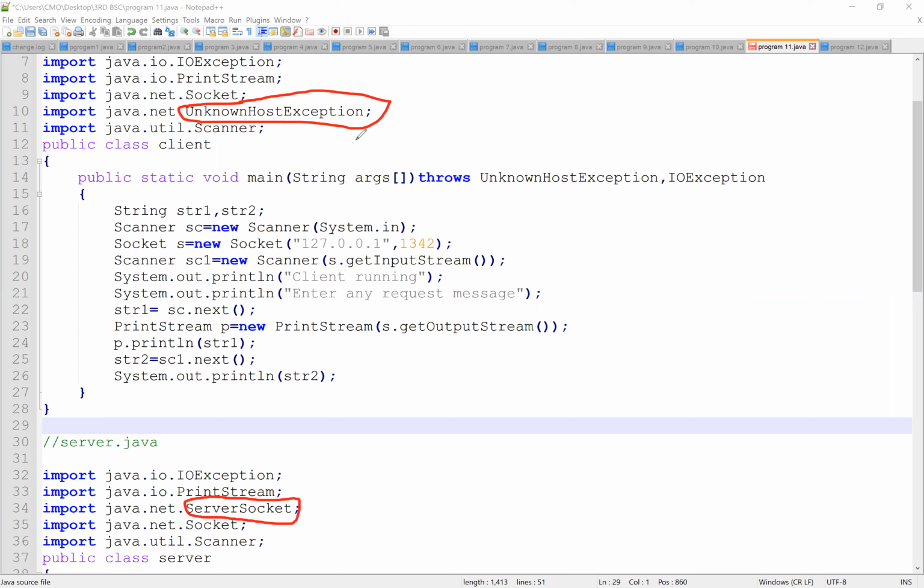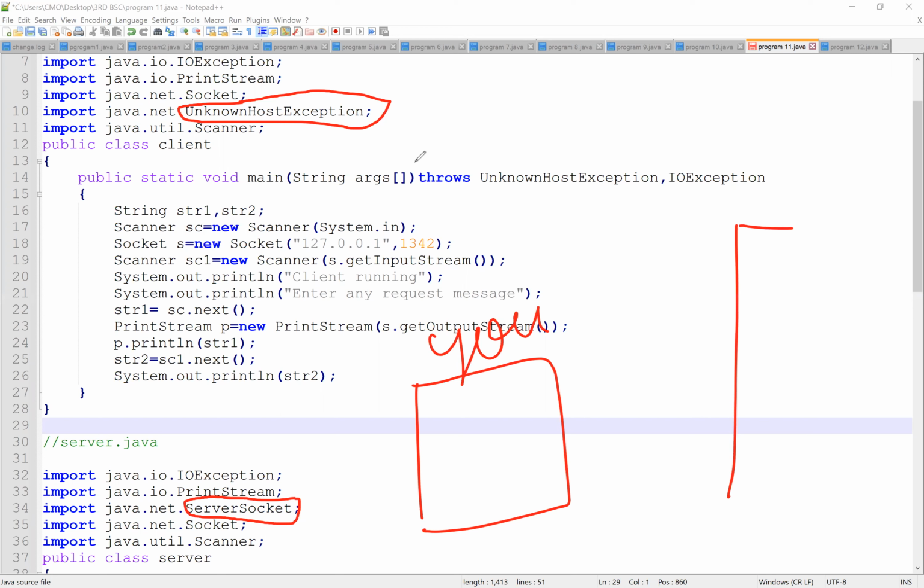Why are we using UnknownHostException on the client side? For example, you are looking for your university result. This is you, as a client. You need to send a request to your server, that is the university website.